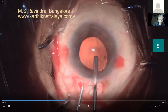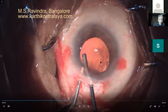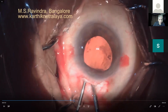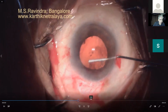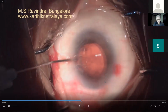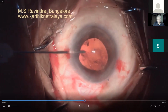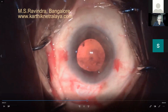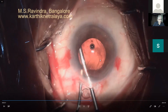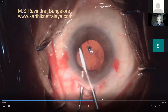I'm doing a vitrectomy, very limited vitrectomy, infusion with my left hand, and vitrectomy with the port facing down towards the vitreous. I'm just picking up the fibrils of vitreous, as you can see here. There is a lot of vitreous herniation there into the angle region. This has to be done very carefully, because when you're pulling a vitreous loop into the anterior chamber, you're also dragging the vitreous base and the peripheral retina. So this has to be very gentle, because the outside of the loop is not adherent to anything. It doesn't matter. I'm doing a small vitrectomy, small iridectomy there with the probe. Then I'm